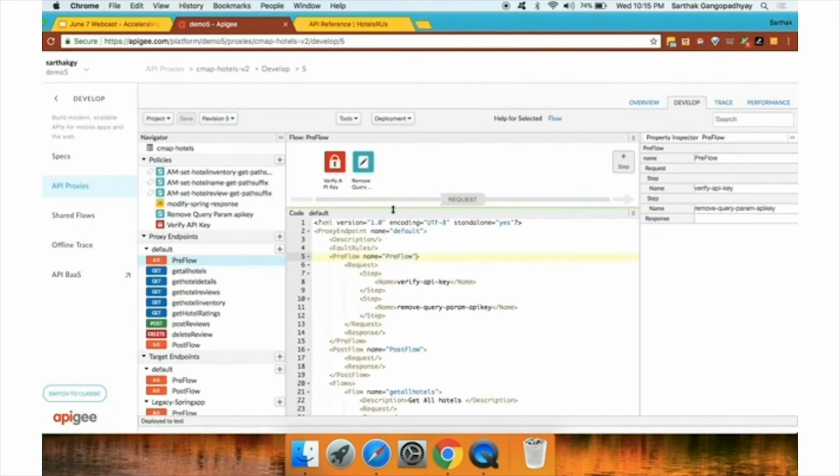So if I go into my proxy definition, it is relatively simple. I have a verify API key, where my app authentication and authorization mechanism is an API key. I'm checking whether the API key with which the call is coming is valid, what API it has access to, and things like that. And then there are a few other routing things and a few other simple policies over here. I'll not go into a whole lot of details of all the policies and the flows which are set up. Rather,